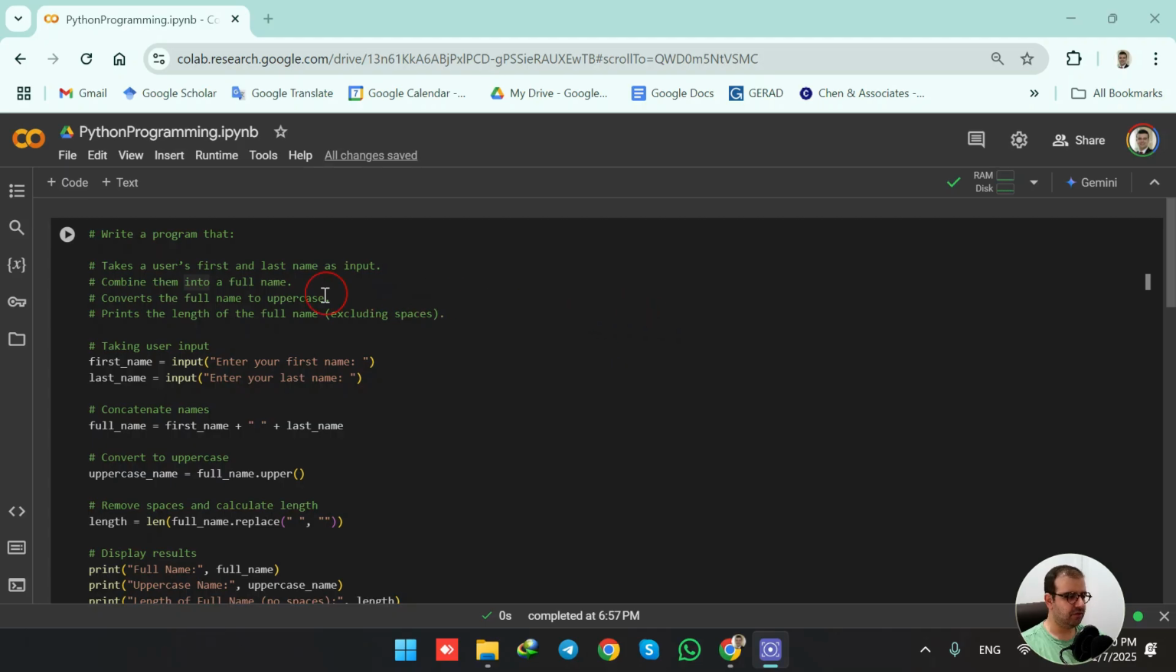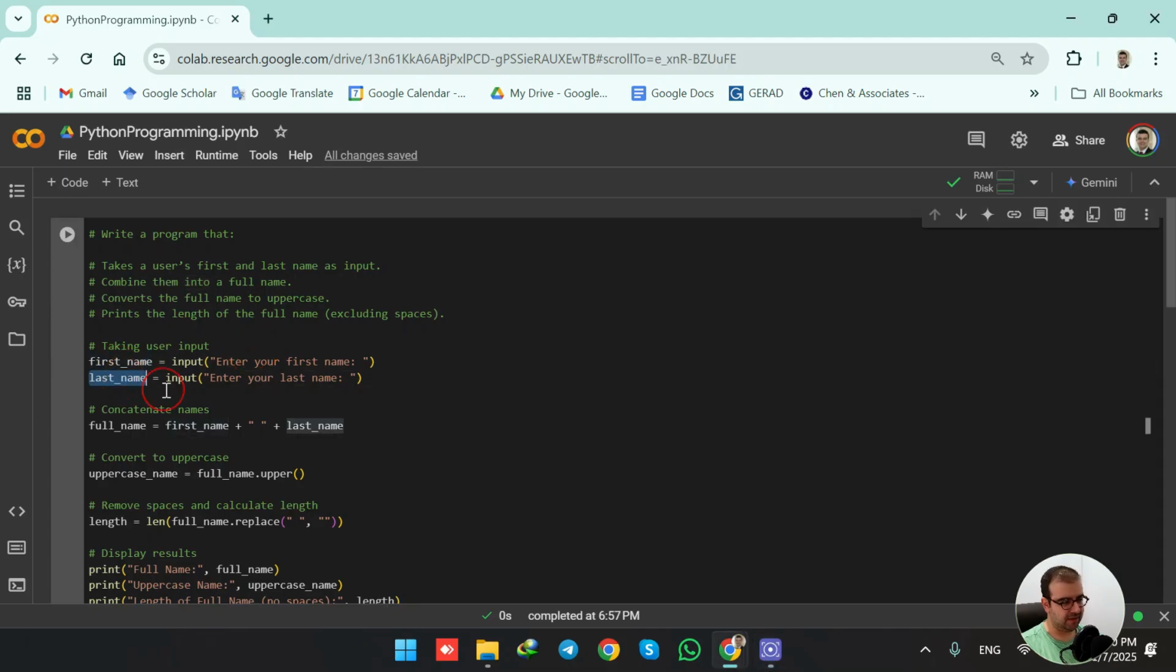In this video, we are going to write a program that takes a user's first and last name as input, combines them into a full name, converts the full name to uppercase, and prints the length of the full name, excluding spaces. To do that, I'm having the first name and last name variables, and we are using the input